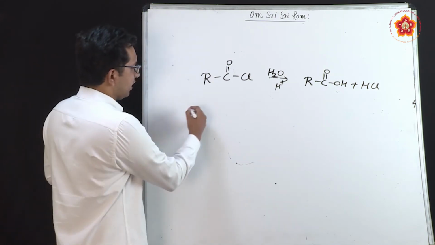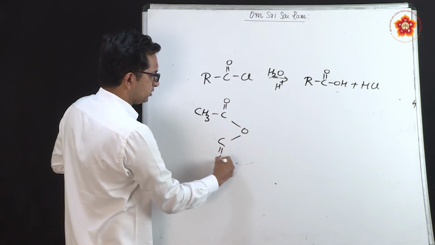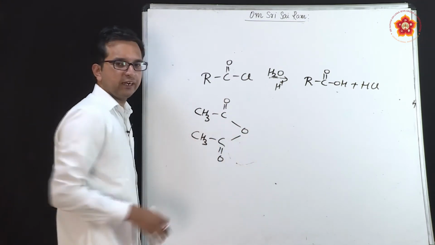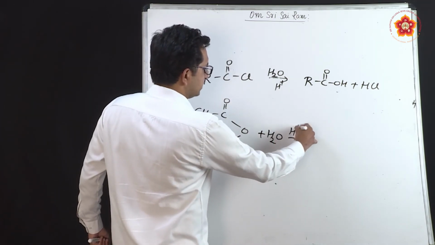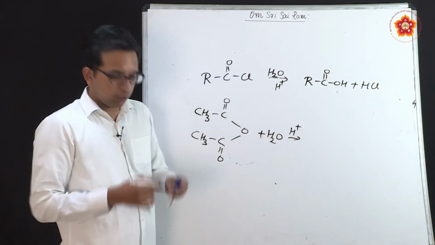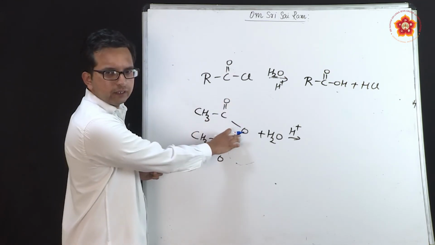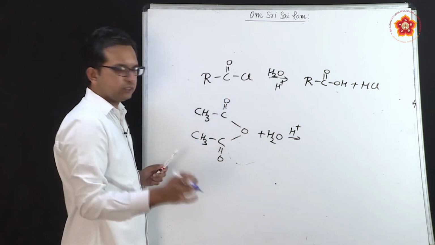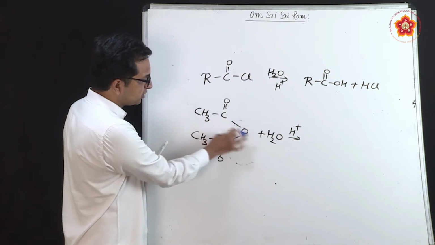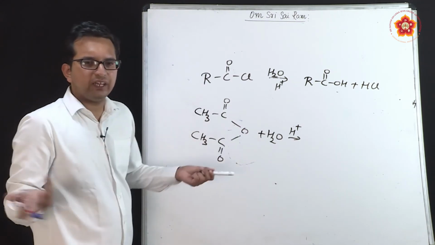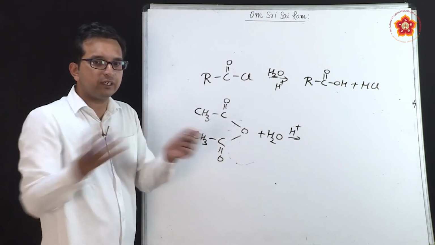So, this is for acyl chlorides. Now suppose we have anhydrides. This is nothing but acetic anhydride, one of the examples. So, to this if I add water, say again in acidic medium, what am I going to get here? Now, see this part once again, there is a confusion: should I cut here, should I cut here? Pretty clear that cutting the C double bond O is difficult, so obviously I have to cut here. The question now is, should I cut this side CO or this side CO? Actually, cutting on either side will not give you any different result because the entire component is symmetric on either side.